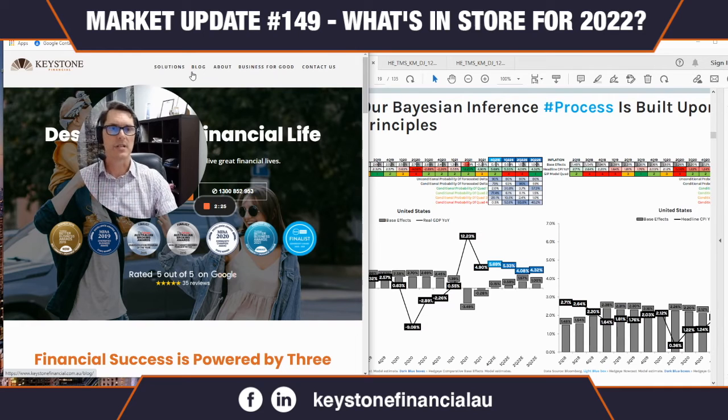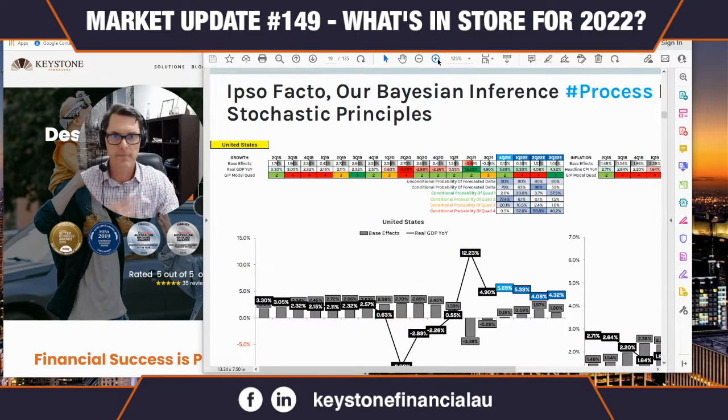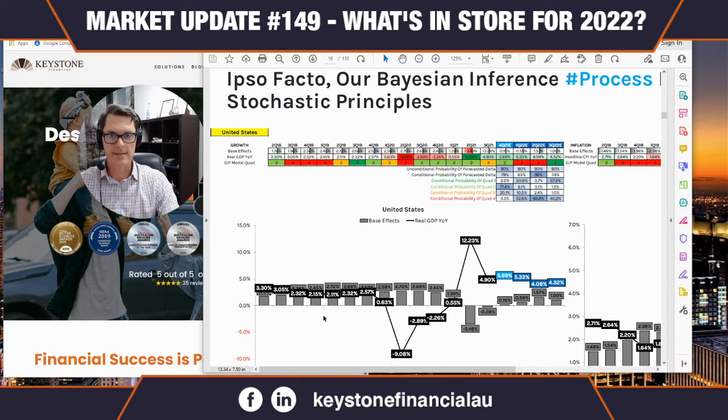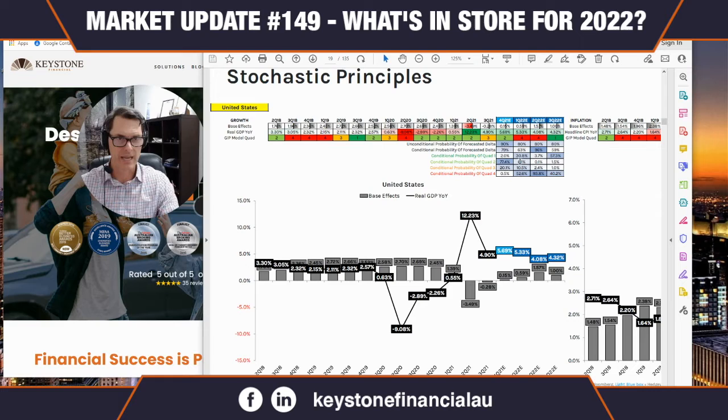The first thing I want to touch on is this slide here, and I'll see if I can make this a little bigger. This is a recap of the last couple of years' worth of quads in the United States. What you see on this table, there's a little bit of busyness on it, but what I want you to focus on mainly is these conditional probability numbers. Here you see this final quarter of 2021, and then the first, second, and third quarter of 2022.